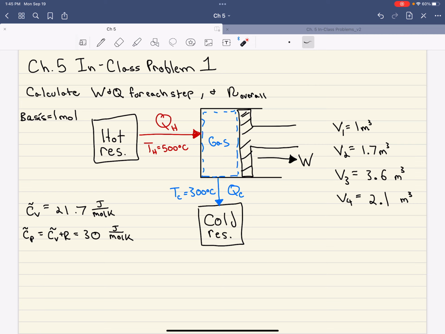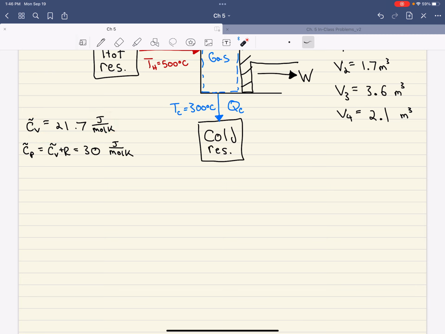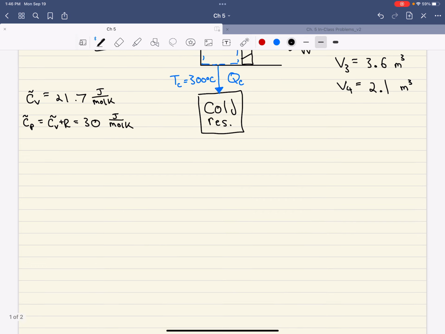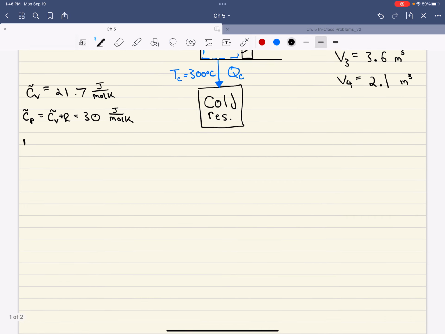All of the volumes of our system at each of the steps are listed here. And we also have our heat capacity information. We were told the constant volume heat capacity, but we know that for an ideal gas, we could easily get the constant pressure heat capacity just by adding on the gas constant, so that we get about 30 joules per mole K. The other thing we want to calculate at the end is the overall efficiency